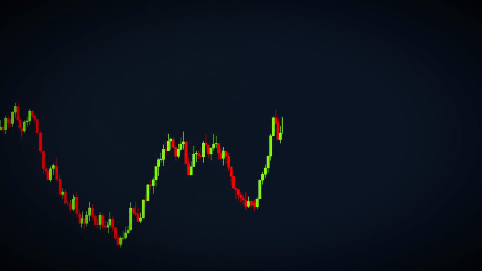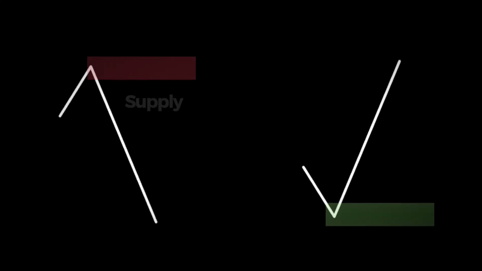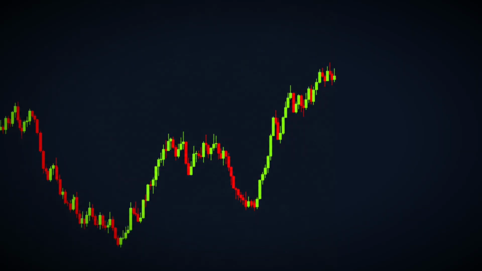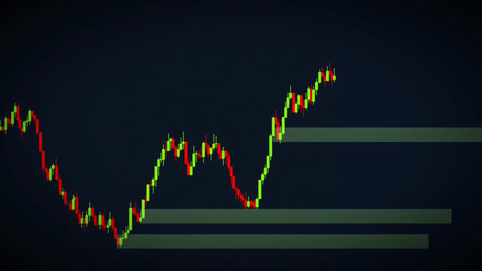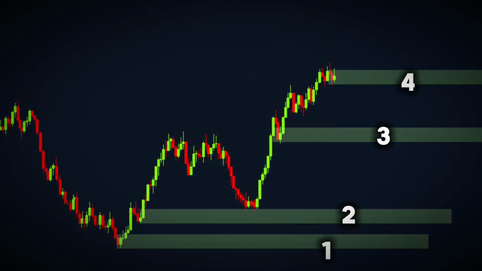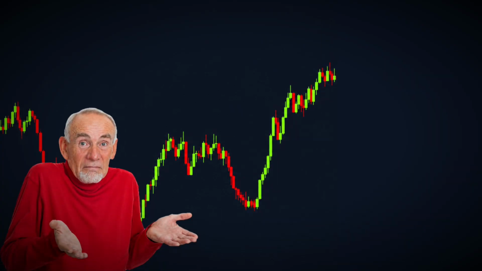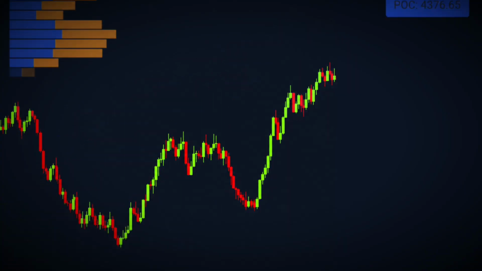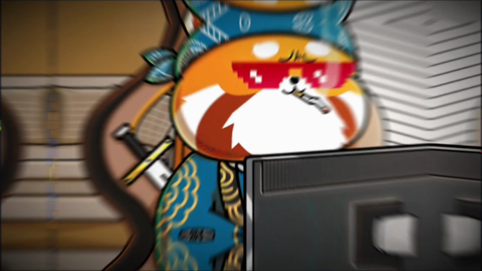Now here V50 had a strong uptrend, and if you're using normal technical analysis, say supply and demand, you'll have a demand zone or support zone here, here, here, and here. And you really wouldn't know which levels will hold or which ones to trade. So you'll basically be guessing,